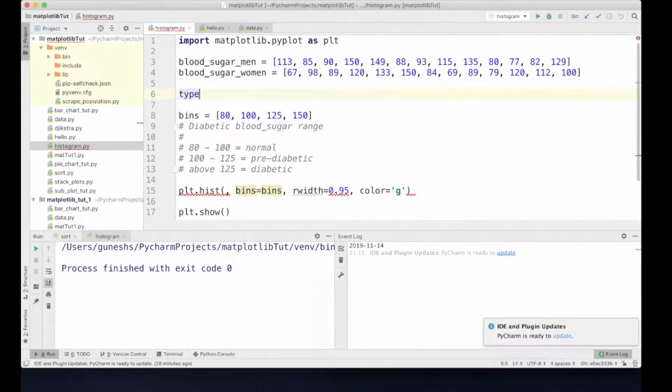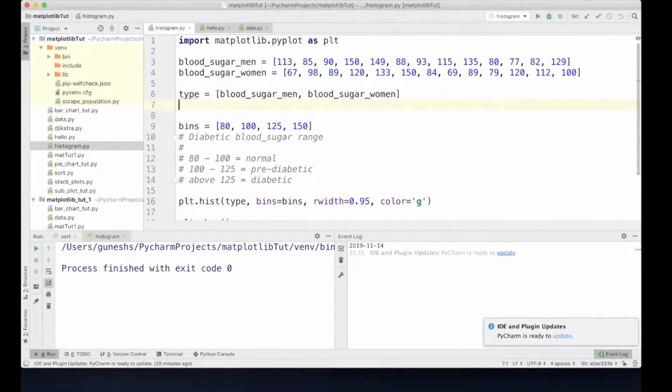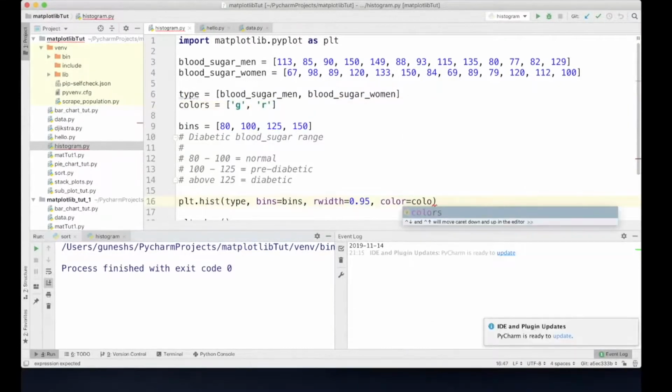Then we'll create a separate variable called type, and inside that we'll create a list, and in that empty list we'll pass both our lists. Now if you pass type in the histogram function, it takes both lists. And also we'll pass colors equal to a list. Inside that we'll pass g in inverted commas, and r, for green and red colors of both the lists, and we pass color equal to colors in the histogram function. If we run it again,